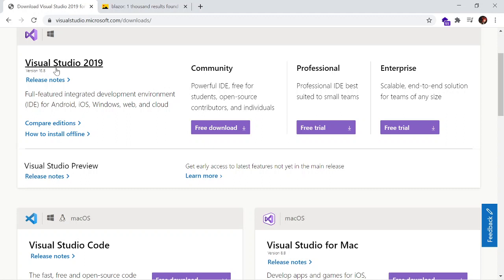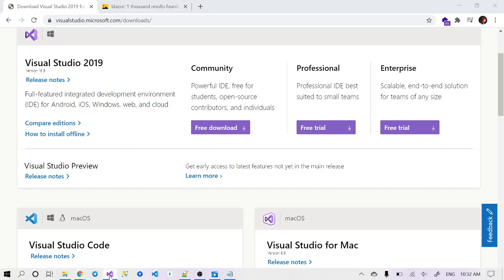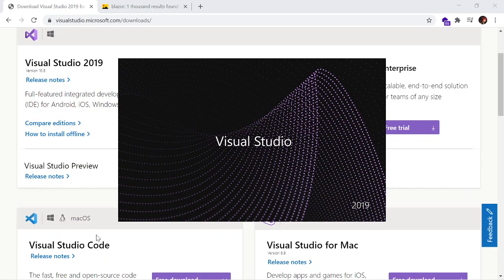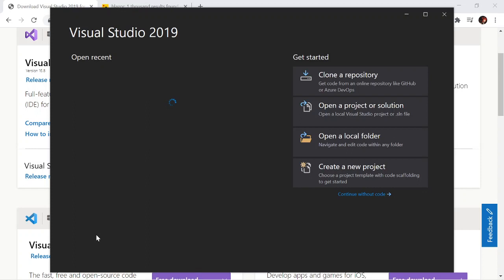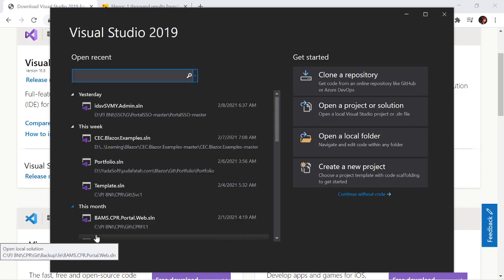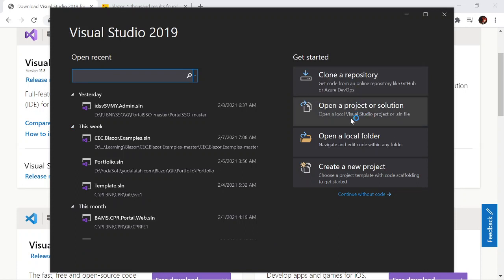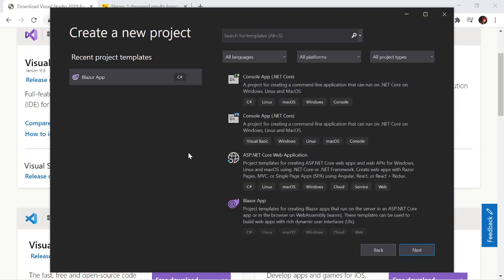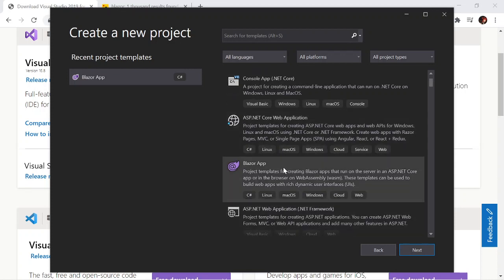Let's open Visual Studio. Click on create a new project. Then choose Blazor apps.